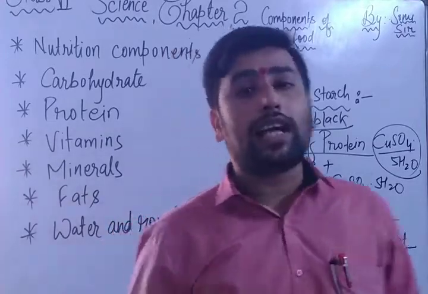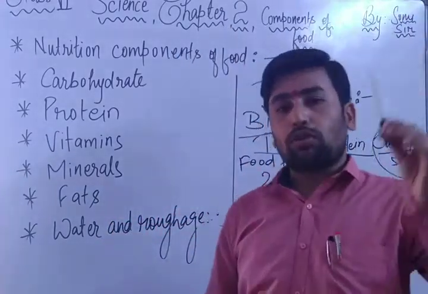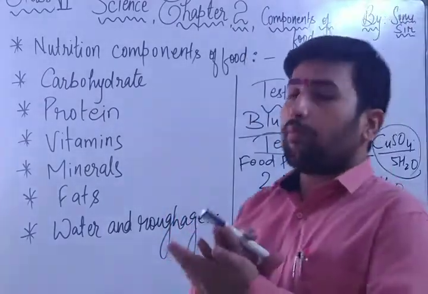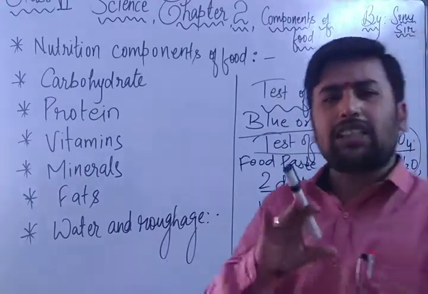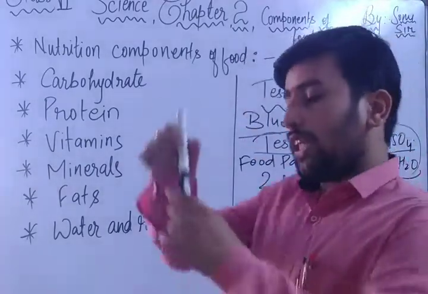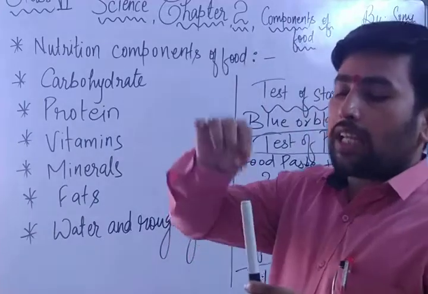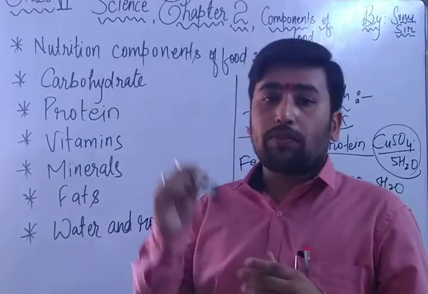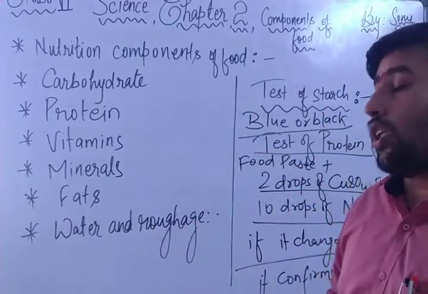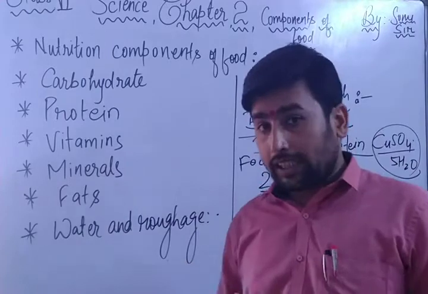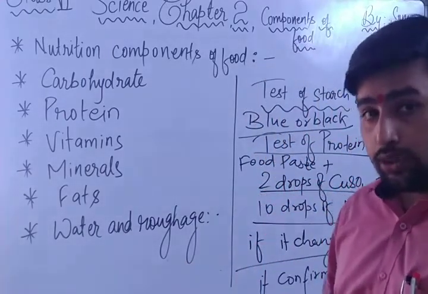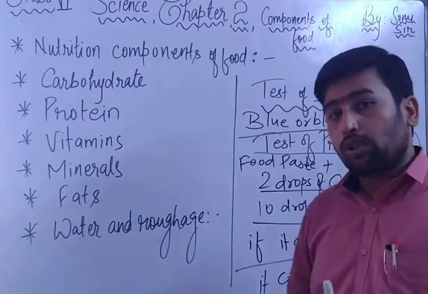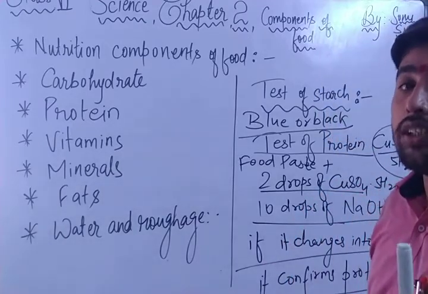How will you understand whether starch is there or not? What do you have to do? You have to take a little bit of the food item. For example, I have taken a small piece of chapati. I have churned that chapati just like a powder. After that I have kept it inside the test tube, and then I have given some water inside it. Then I have shaken that solution. After shaking the solution, I have added 2 or 3 drops of iodine solution. It is also present in the chemistry lab. If that solution changes into blue or black color, then remember that it confirms that starch is